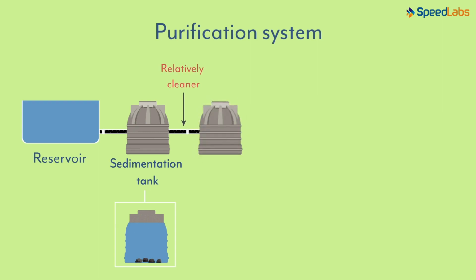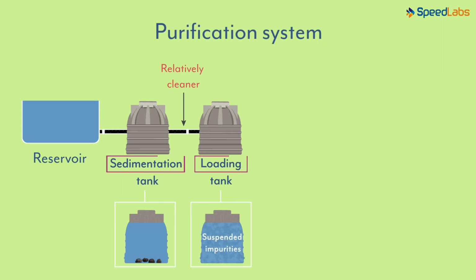Once this process is done, the water above is relatively cleaner and it will flow into the second tank. What is this tank called and what does it do? It is the loading tank. It takes care of the suspended impurities. So after the first two stages, the water is free of both undissolved impurities and this water will move through